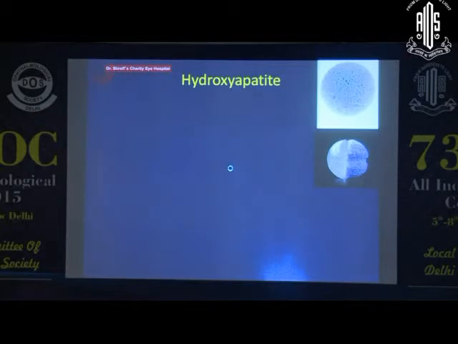Hydroxyapatite is the one which was initially used. Then porous polyethylene came up. The problem with hydroxyapatite was that it has a very rough surface. Inserting a hydroxyapatite implant inside the socket is almost like pushing a cactus tree through. It tends to stick to the orbital tissues and drag all the anterior orbital tissues into the posterior orbit, so there is a tendency that the implant can always come anterior. So that was always a problem with hydroxyapatite, but there has been refinement in the implant per se.